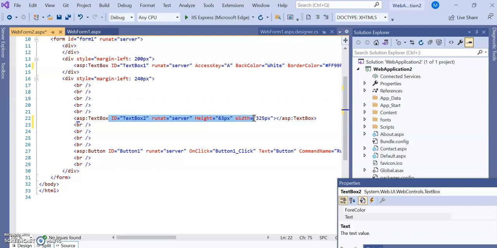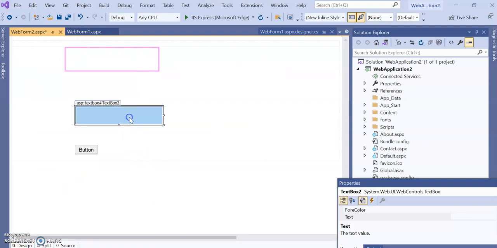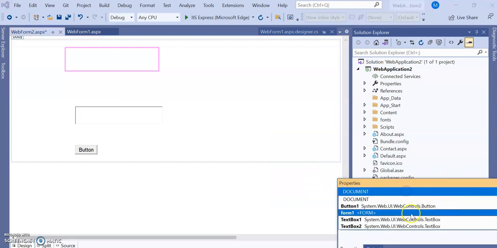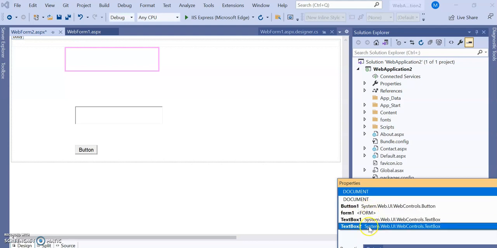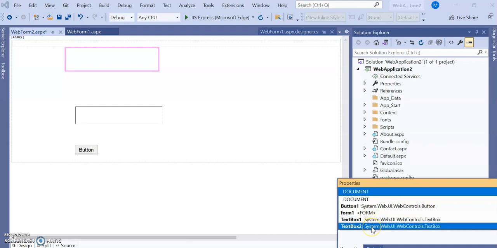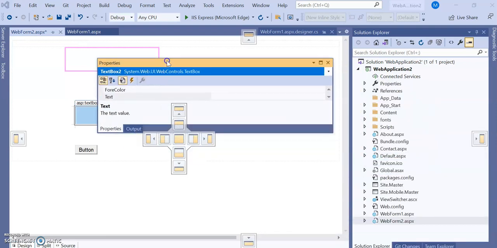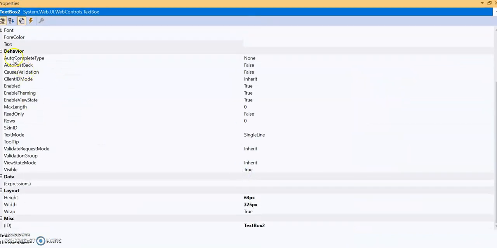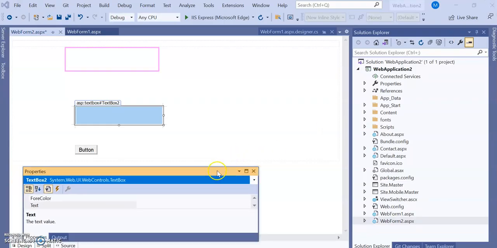Now I want to set some different properties which are given in this Visual Studio control. So what I have to do, just go to the design part, then here you can even right click and go to Properties, or the Properties window is over here. Now in this I should select, you will find different components over there. Form, within the form, Button1, TextBox1, and TextBox2. Now tell me which text box property we have to set. TextBox2. Okay, so I'm dragging over here. You can see the different properties of the text box.